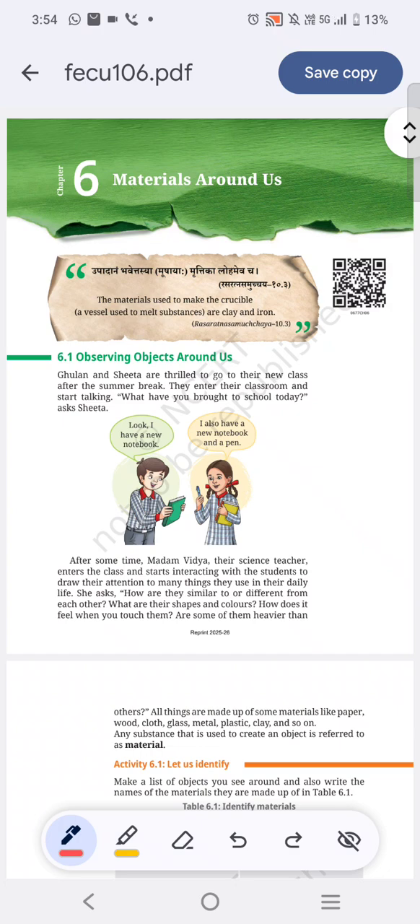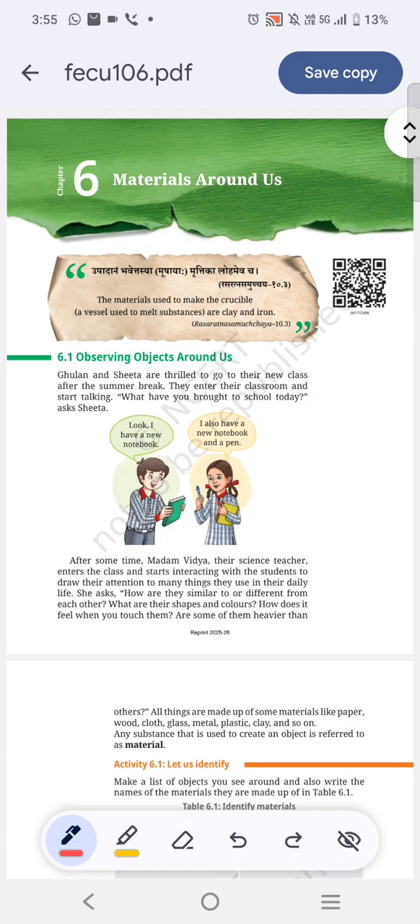Okay, let's begin. In the start of the page, we have a Hindi text written as Upadan Bhavetrasya Moshaya Motika Lomev Cha, which means the materials used to make the crucible, a vessel used to melt substances, are clay and iron. Okay, students, now let's go on to the next one, which is 6.1,